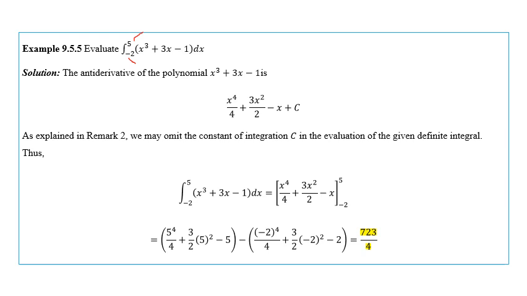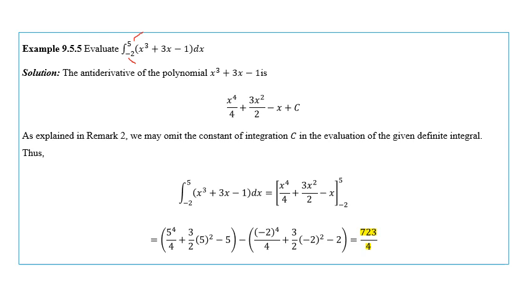As explained in remark 2, or in the previous remarks sa previous slide natin, we may omit the constant of integration in the evaluation of the given definite integral. Okay, sa definite integral, pag-integrate natin, i-o-omit na natin yung constant. Unlike sa indefinite integral na always may constant sa final answer. Sa definite integral, i-o-omit natin kasi mawawala rin ito sa result. Thus, okay, ang integral nito is x to the 4 over 4 plus 3 over 2 x